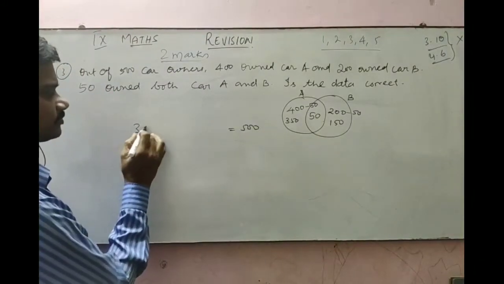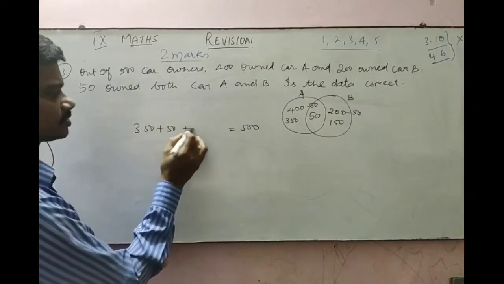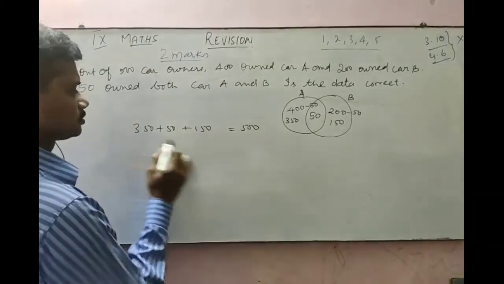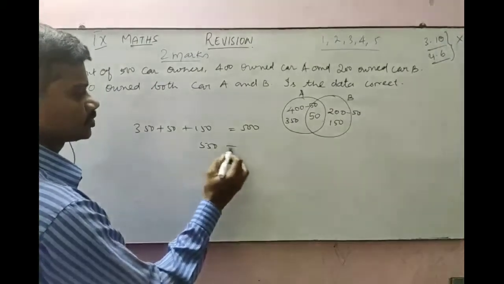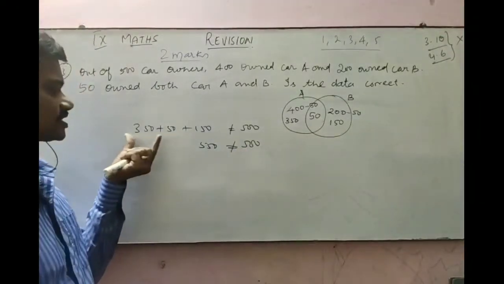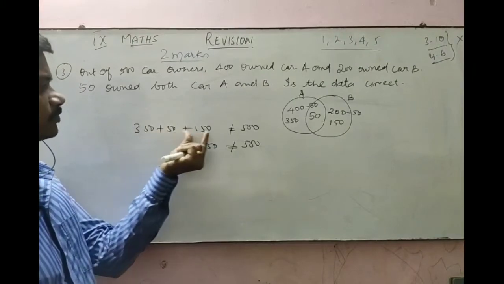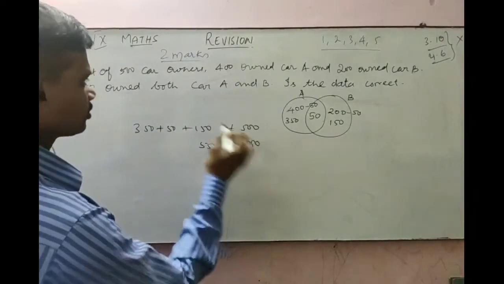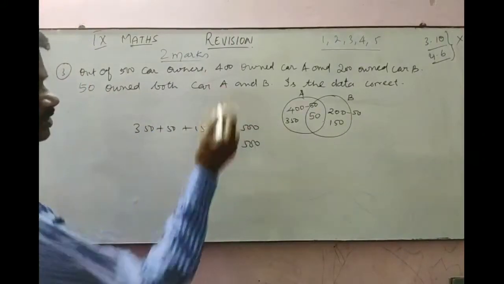So here 350 plus 50 plus 150 is equal to 550, which is not equal to 500. So if you add the left hand side, 350 plus 50 is 400, 400 plus 150 is 550, which is not equal to the total number of car owners. So the given data is